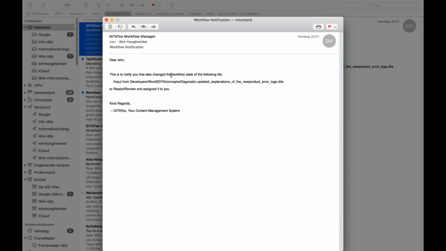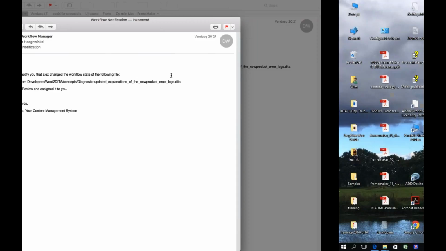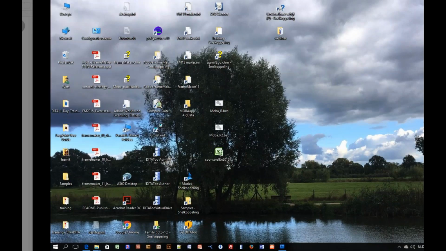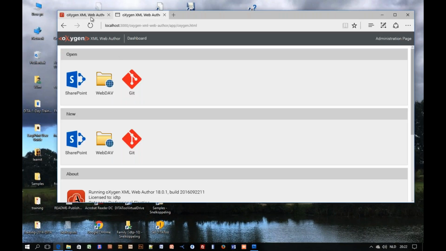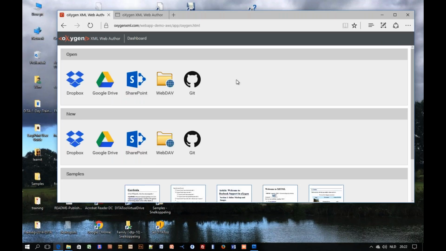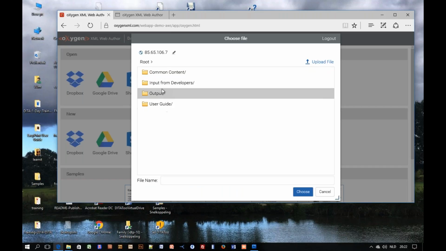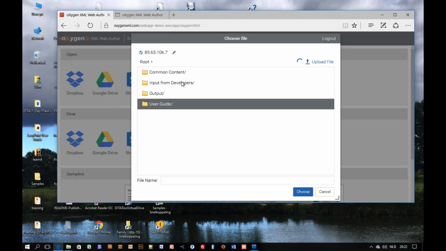So now I'm not at my regular place, so I will not use my desktop tools, but I will go for the online Oxygen XML Web Author to review the file. So I'm not using the DITAToo interface or the virtual drive now. I'm just going to the WebDAV folder. I think I have to refresh because it's displaying the wrong